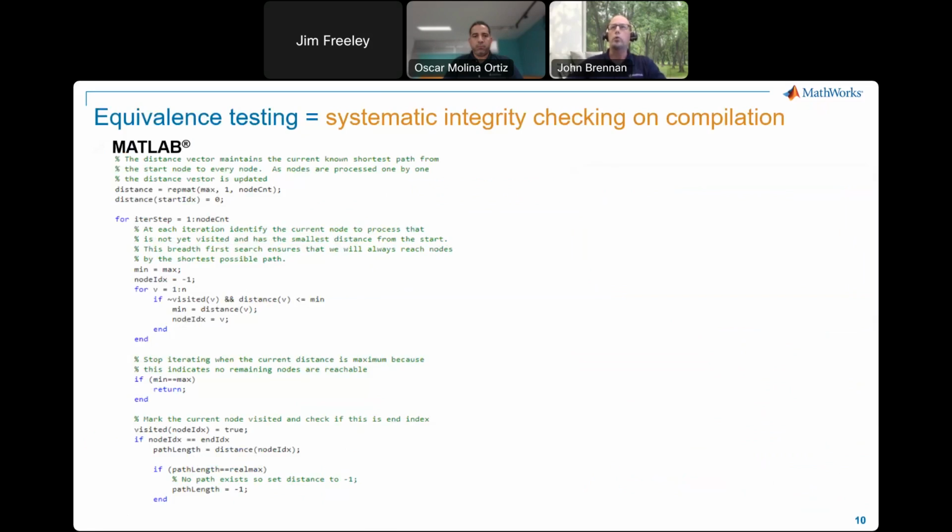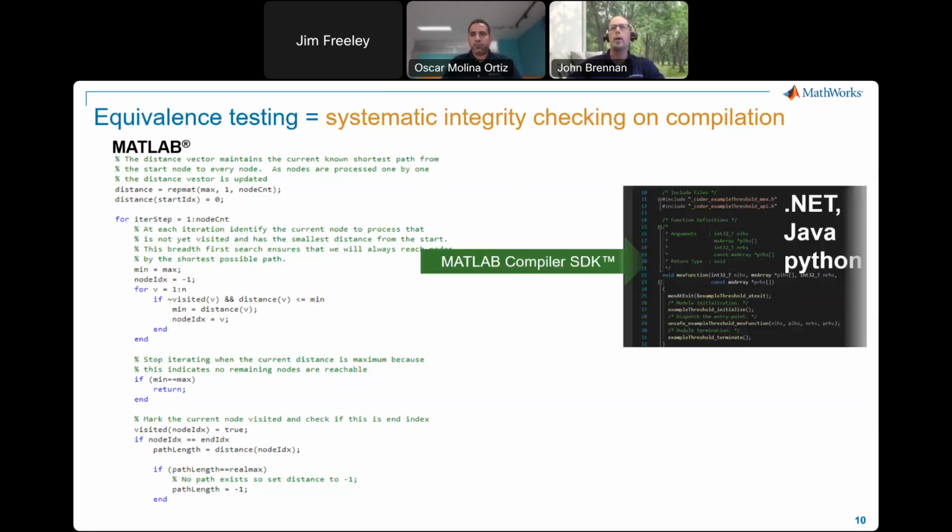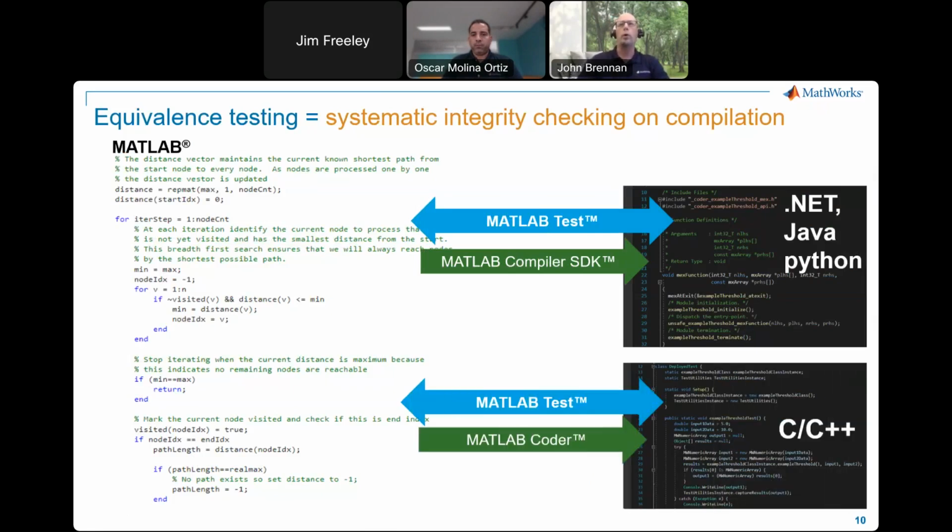Equivalence testing is used once your code base is stable and you're ready to transform your application to another language. Equivalence testing ensures integrity of the transformation process. MATLAB Test supports .NET, Java, and Python through MATLAB Compiler SDK. And we support C, C++